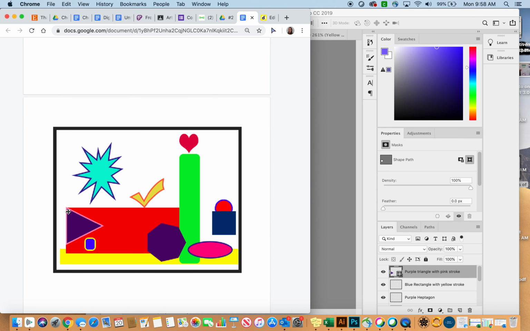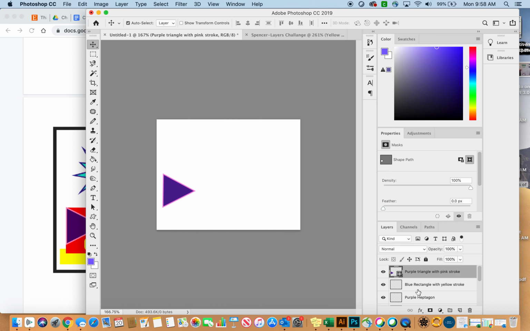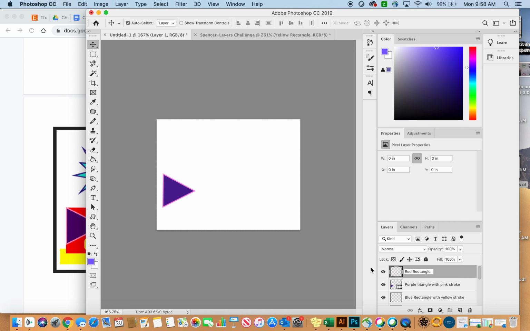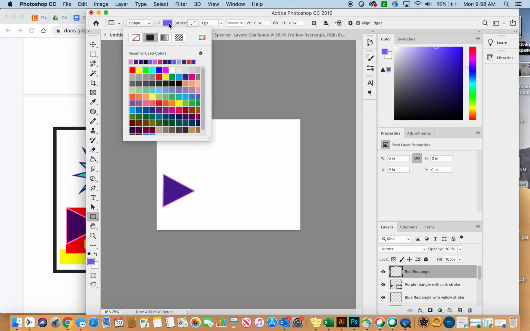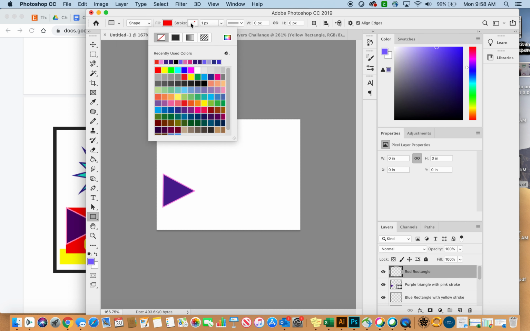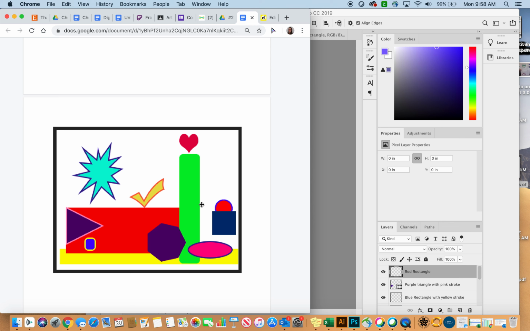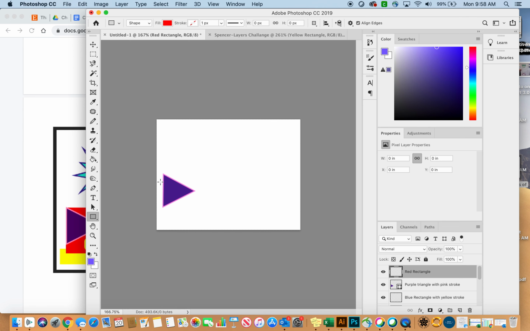Okay. Now I'm going to make this red rectangle. I'm going to make a new layer, red rectangle. I'm going to click on the layer and then click on the shape, click and hold, and it'll bring up these options, and I'm going to hit rectangle tool. I'm going to go ahead and change the fill to red, and it has no stroke. So then I'm going to go ahead and try and line that up